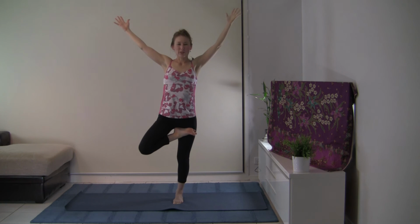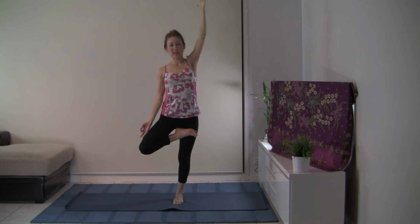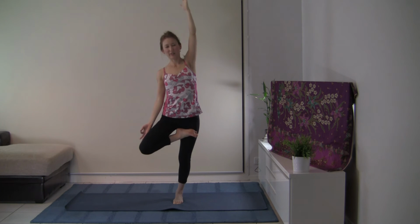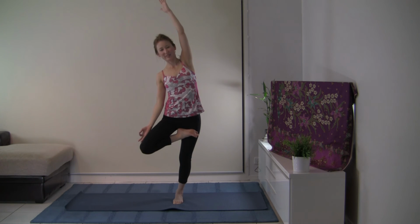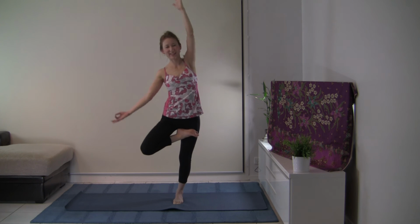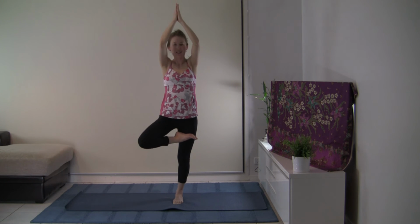I invite you to do a variation. Lowering the left hand to left thigh, bringing index finger and thumb together into a mudra. And let's start to lean over to the left, bringing the right arm by the ear a little overhead. Just noticing that opening on the right side of the body. And with your inhalation, let's bring the arms back up, bringing the hands together, and exhale, lowering the hands to